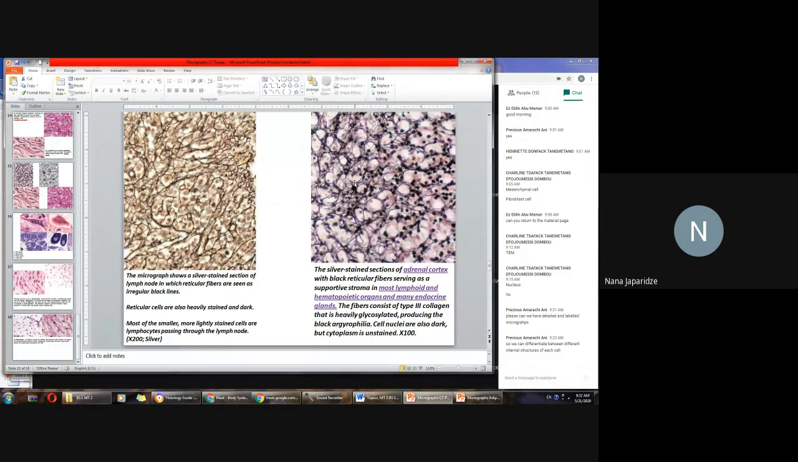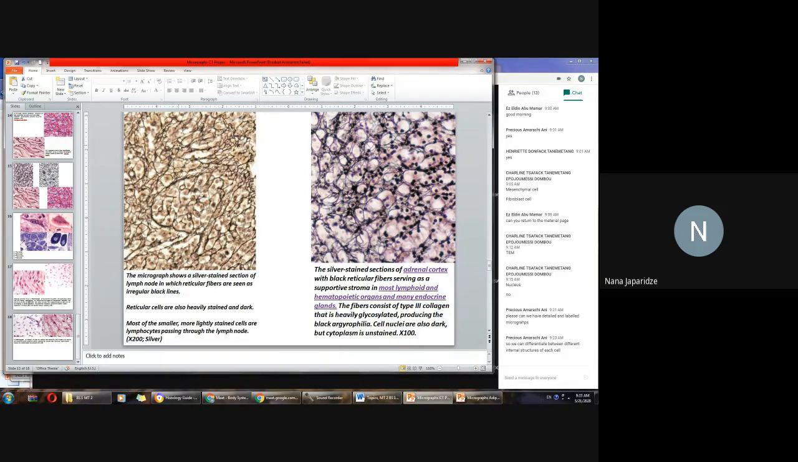What type of connective tissue? This is reticular connective tissue, which is silver stained, and only in the silver stained tissue samples can you identify these fibers, reticular fibers. So this is lymph node,